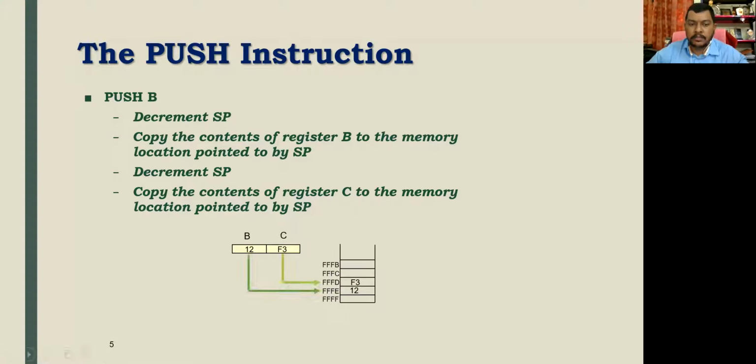what will it do? First it will decrement. Stack pointer is loaded by this FFH. It will decrement it. Then it will store the contents of register B in the memory location FFE. And after that it will decrement once again, and then it will load the data of C to the next memory location or the previous memory location, that is FFD. That is F3. So this is how the stack pointer is being loaded, or the data is being copied from the register pair to the memory location, right? So this is a stack, and this is how the data is being pushed or stored or saved in the memory location.